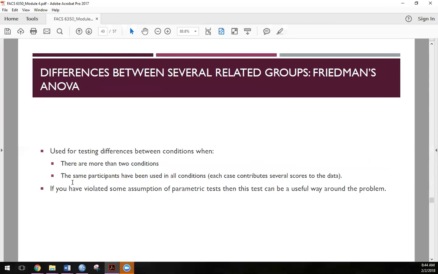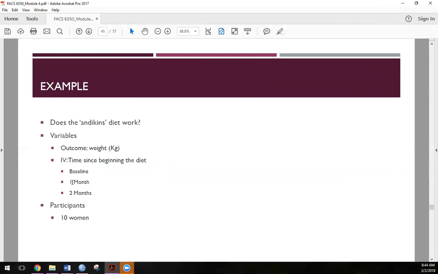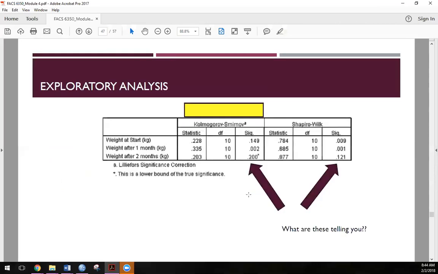And so Friedman's ANOVA is a way to test between more than two conditions, and it's based on rank data. So this is another example in that video where he's talking about the Atkins diet, and you're looking at 10 women over time. So this is what the rank data would look like. And if you had more than 10 people, it would be a lot of work to try to get that separated out. And so these KS and the Shapiro-Wilk tests are telling you that